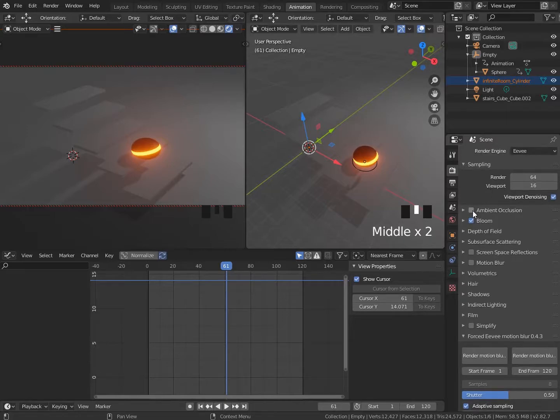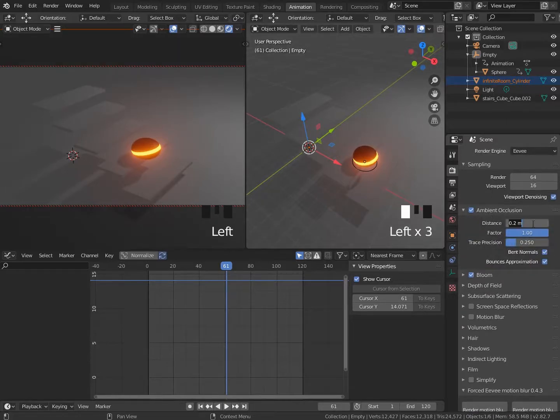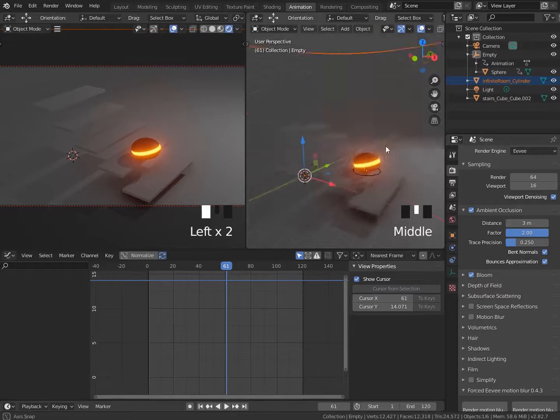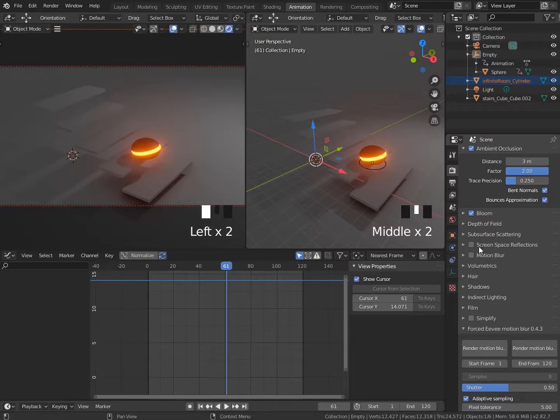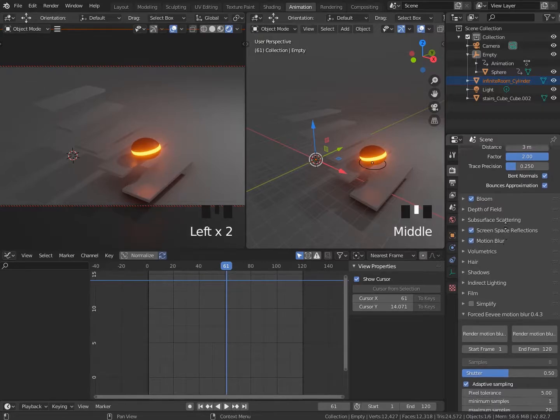The bloom is already set on. We're going to turn on ambient occlusion. I'm going to go ahead and take the distance and put this up to something much higher, like 2, 3, something like that. The factor, I'm going to set this up to 2 to give that little bit of a darker occluded feel. And then we'll turn on screen space reflections, motion blur,